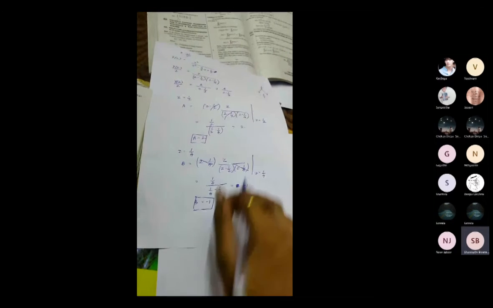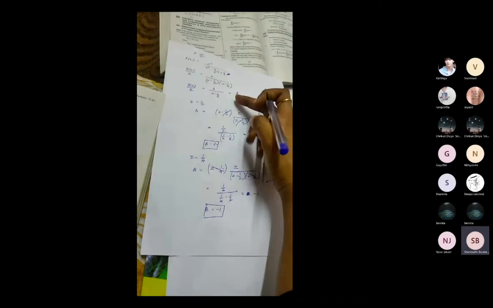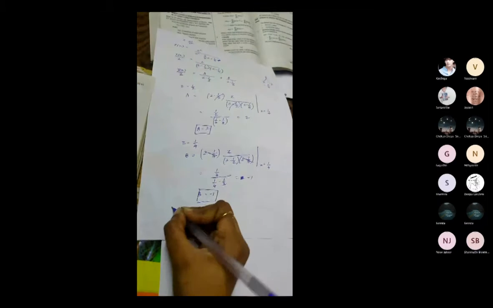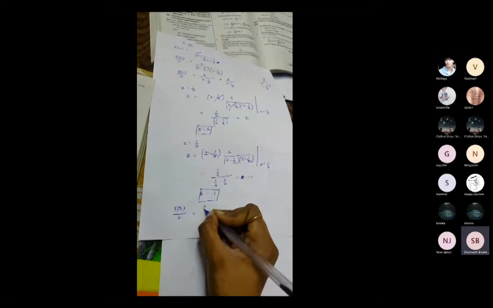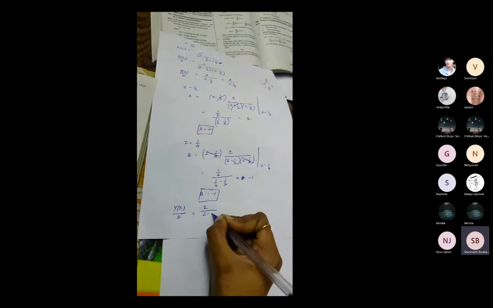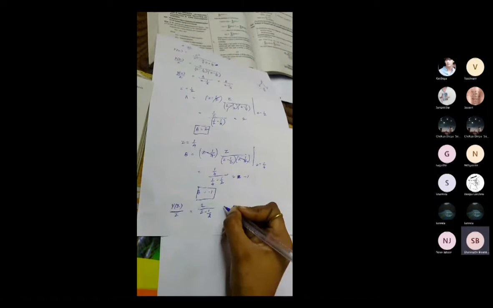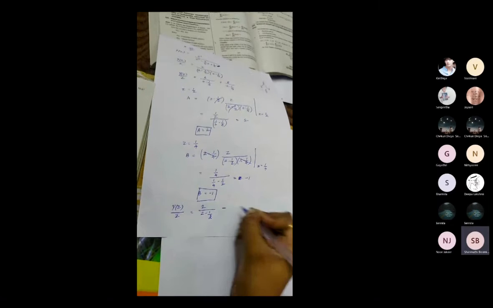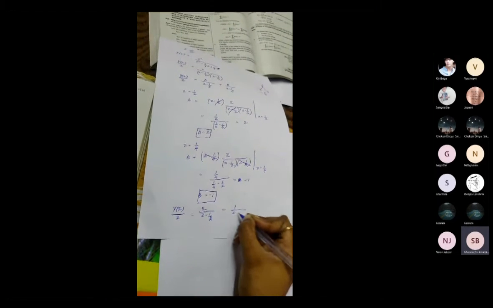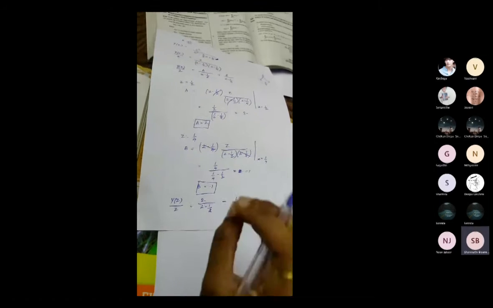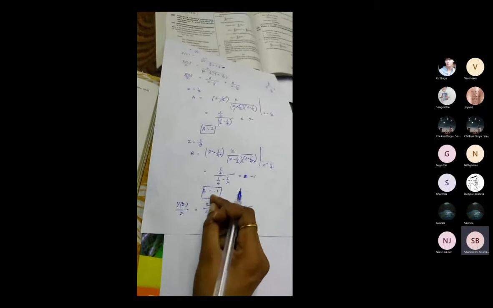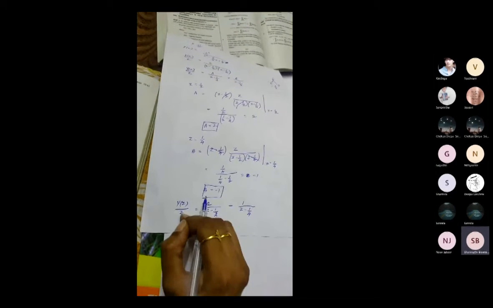Then substitute the A and B values in this expression. Y of Z divided by Z will be equal to 2 divided by Z minus 1 by 2, and the B value is minus 1, so minus 1 divided by Z minus 1 by 4. Now take this Z to the numerator. Always, if you want to take the inverse, your numerator should also have a Z value. So only we are taking Z to this side.